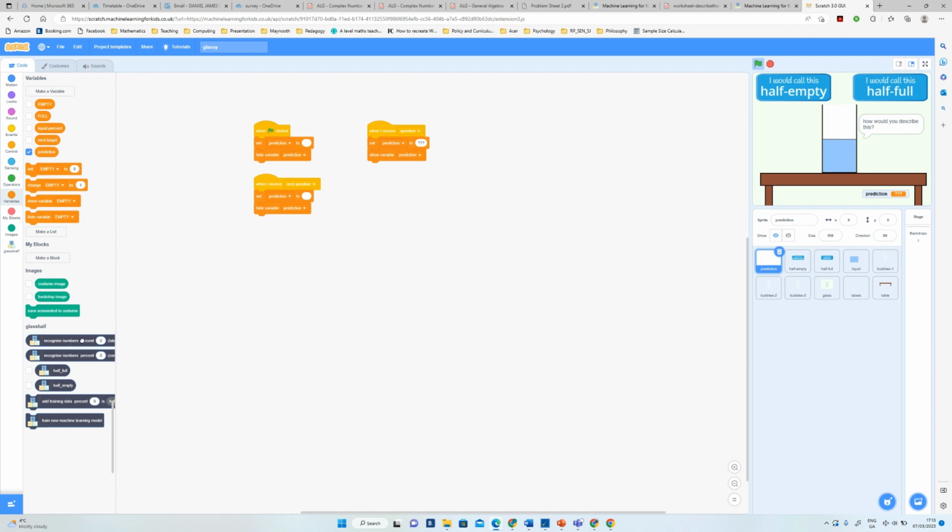Okay, so there's a recognize number as a percentage in here. Bring in this variable and set the prediction to use the machine learning models to recognize it and then make a prediction. Okay, so the prediction is either going to be half full or half empty. That's what that's going to do for you. And the other thing you want to do here then is